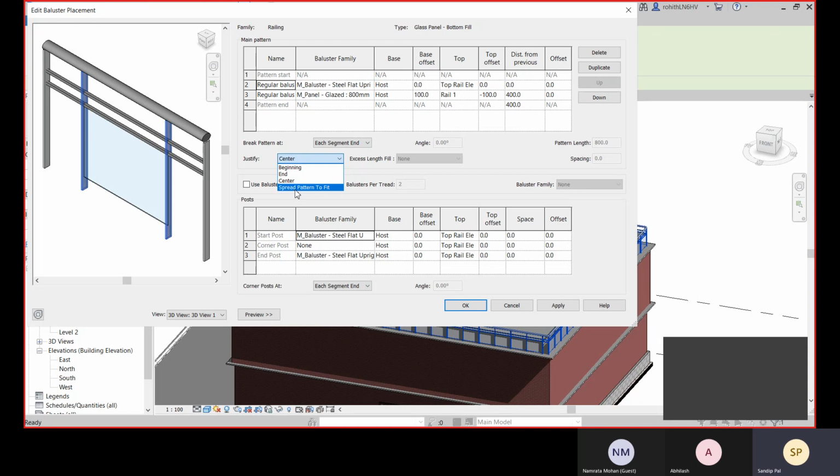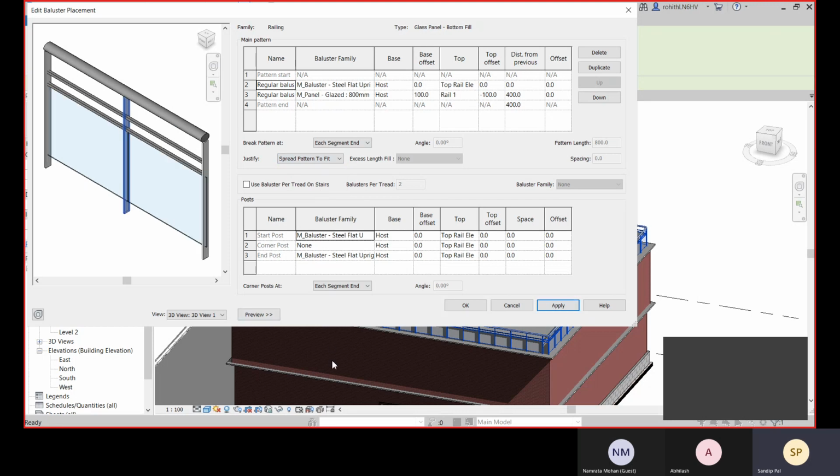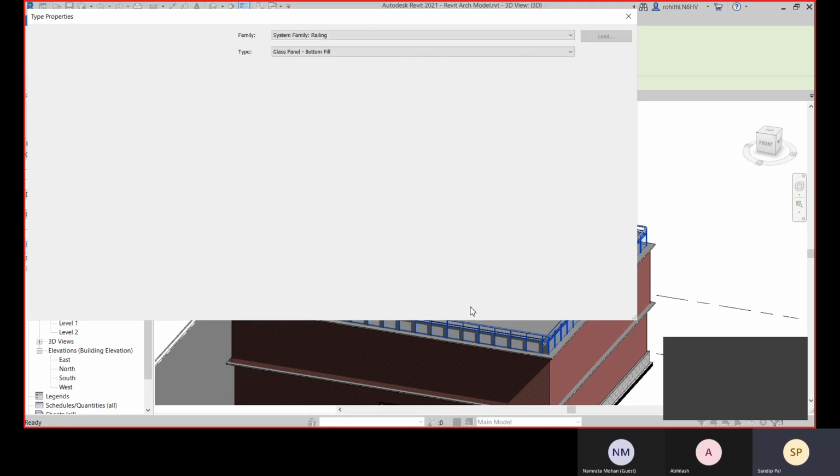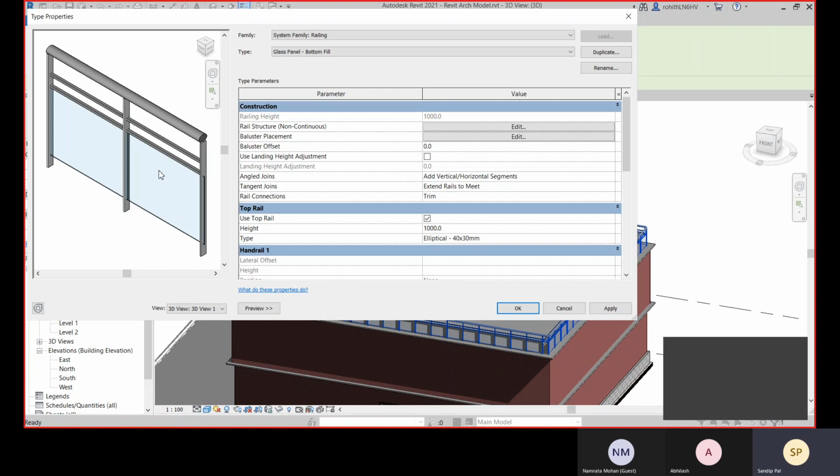So within that particular length you have drawn, it will fit according to the distance and the length of this baluster. So according to that it will fit within that particular length of your railing. So this will be the better option. Okay, and you can apply, but here also it can make some error, like this.